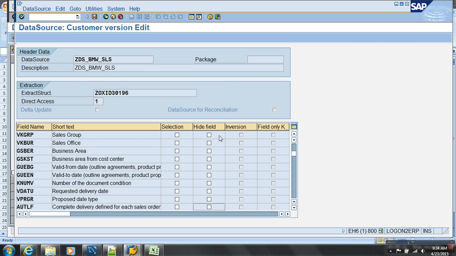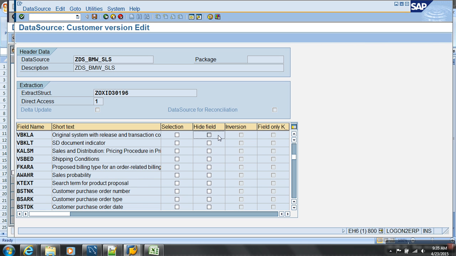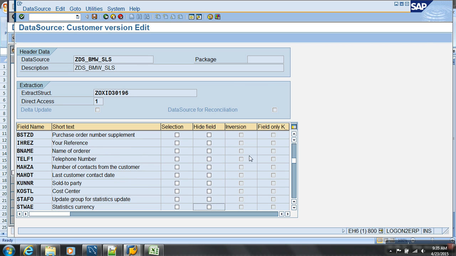Then group I need. I would hide this. Whatever fields you don't want in BW, you can hide them. Tell me if there is something. Here Kunnr I need, so I am not hiding it.